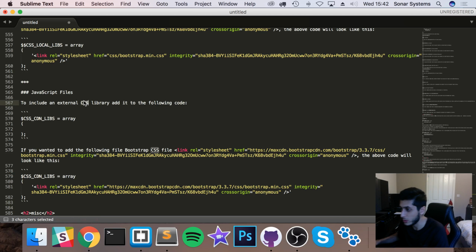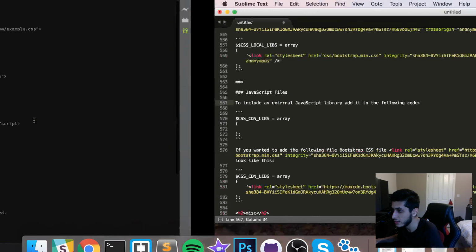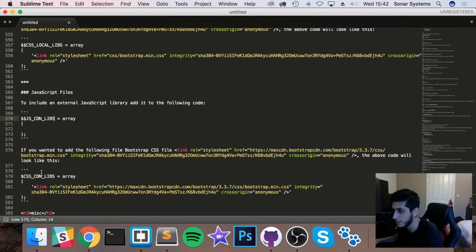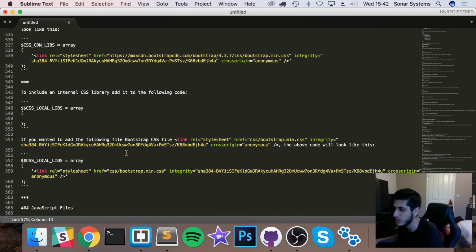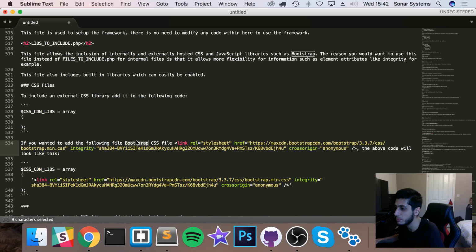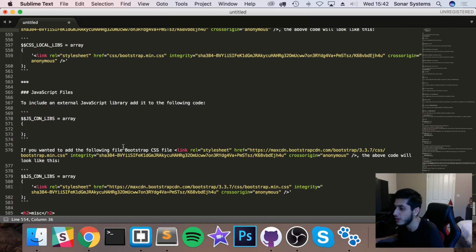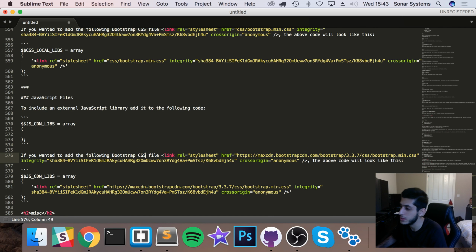If you want to include an external JavaScript library, add it to the following code. If you wanted to add the following file, Bootstrap CSS file, that don't make sense at all. It should be the following Bootstrap JavaScript file,